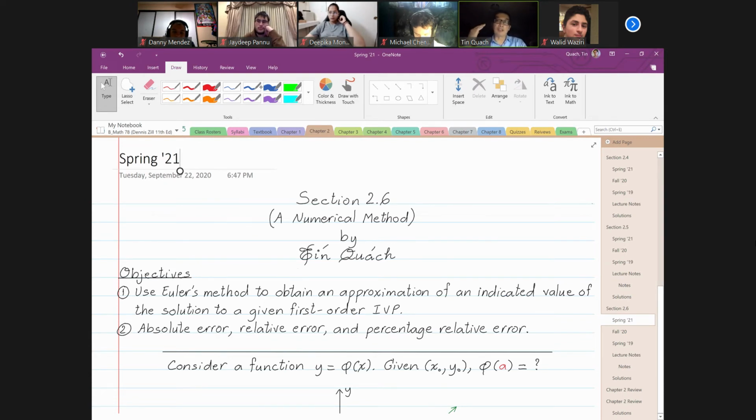And then sections 2.2, 2.3, 2.4, and 2.5, we have learned how to solve differential equations analytically, or we also say algebraically. That means we actually come up with an exact solution, whether it is in explicit form or implicit form. Now, in section 2.6, we're going to learn how to solve a differential equation